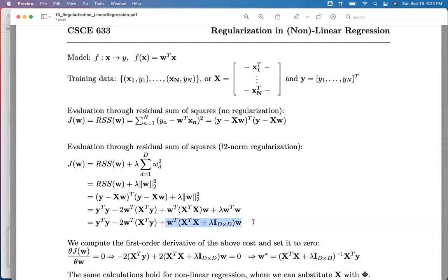And this, you can think about this as if it is W raised to the power of 2, therefore the term that remains here is 2 times W times this parenthesis here. When we set this to 0, we go ahead and find this solution. So this solution is very similar to the linear regression, but again, instead of only having the data matrix in